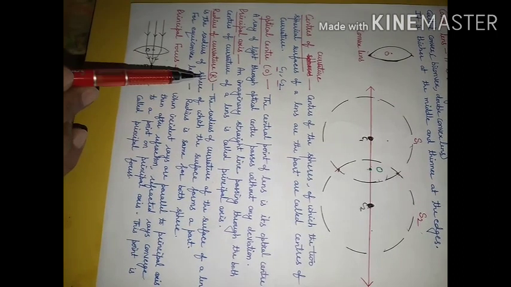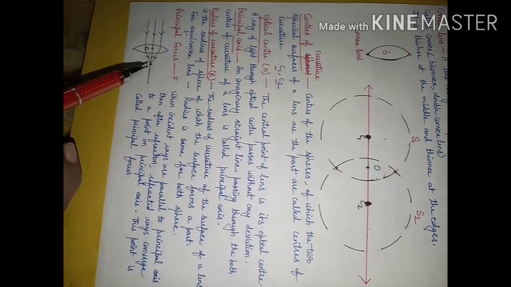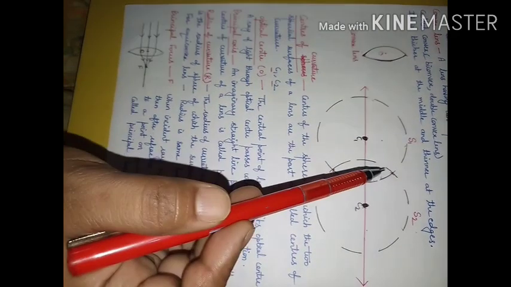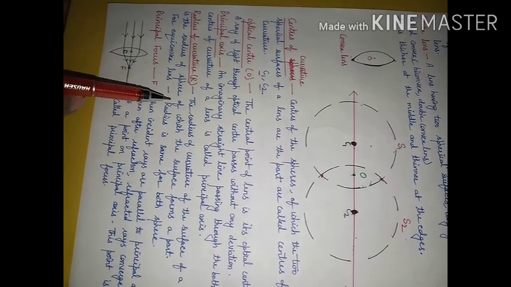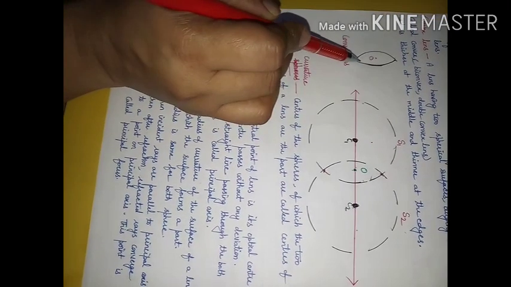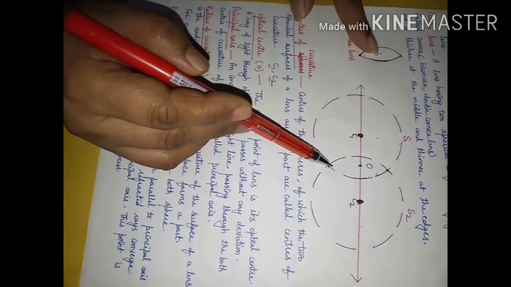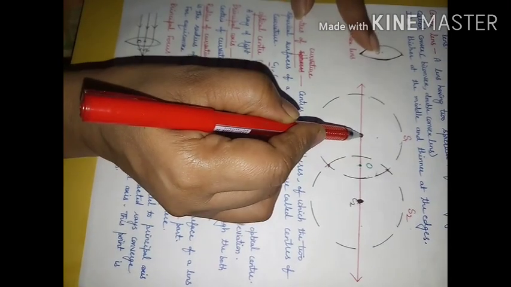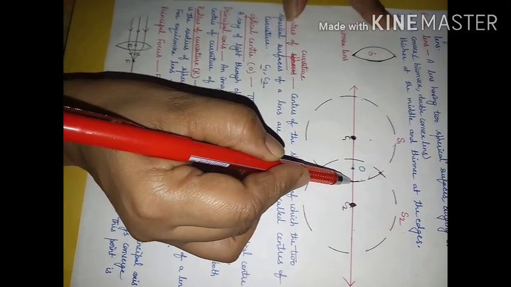What will be the radius of curvature? In a circle, how do you define radius? Any point on the circumference, join it with the center, then that length will give you the radius. In the same way, we are talking about a sphere here. So the radius of curvature of a surface of a lens is the radius of the sphere of which the surface forms a part. If I consider this surface, what is the radius of curvature? This surface is a part of this sphere. This is its center, and this gap will be known as the radius of curvature.